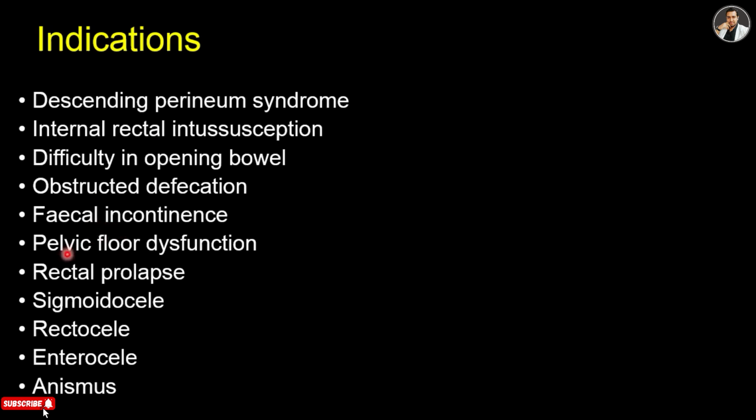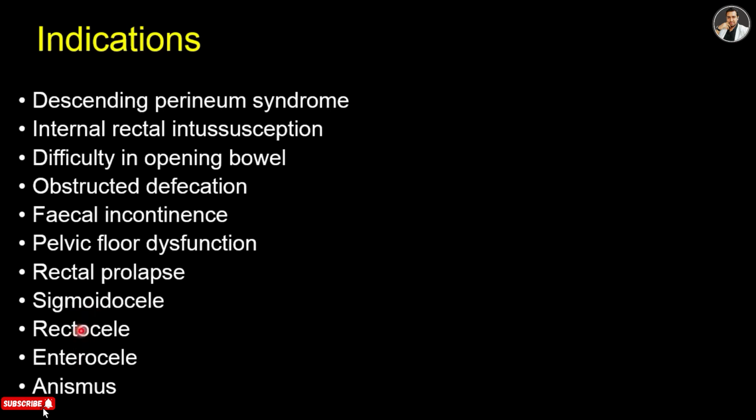And then pelvic floor dysfunction and rectal prolapse. So rectal prolapse occurs when the walls of the rectum have collapsed to such a degree that they protrude out of the anus and are visible outside the body. And then sigmoidocele. The sigmoidocele, also known as pouch of Douglas descent, is a medical condition in which a herniation of peritoneum containing loops of redundant sigmoid colon descends into the recto-uterine pouch in females between the rectum and the vagina.